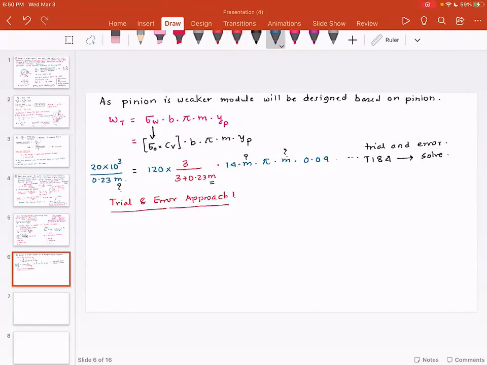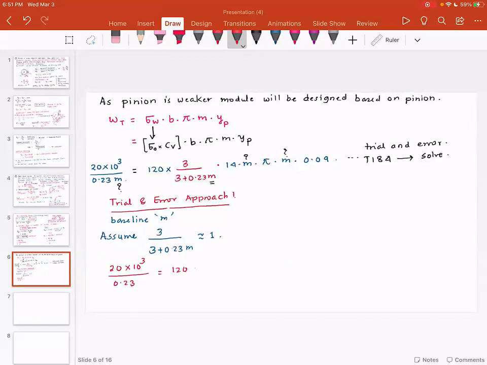We don't want you to perform hundreds and hundreds of trials. So what we need to do is start with some baseline m, and then iterate back and forth and see what answer we get. Now, here is a quick trick. Assume 3 divided by 3 plus 0.23 m is equal to 1. And this is an assumption. If you assume this, your equation happens to be 10 to the power 3 divided by 0.23